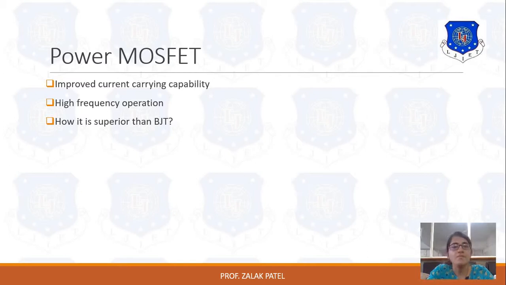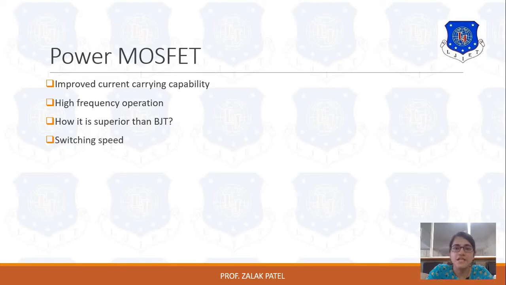The bipolar junction transistor is basically a current control device where the collector current depends on the base current, meaning IC is a function of IB. If the base current changes, then the collector current also changes. It also depends on the junction temperature, so it cannot be easily controlled, while the power MOSFET is a voltage control device that can be controlled easily.